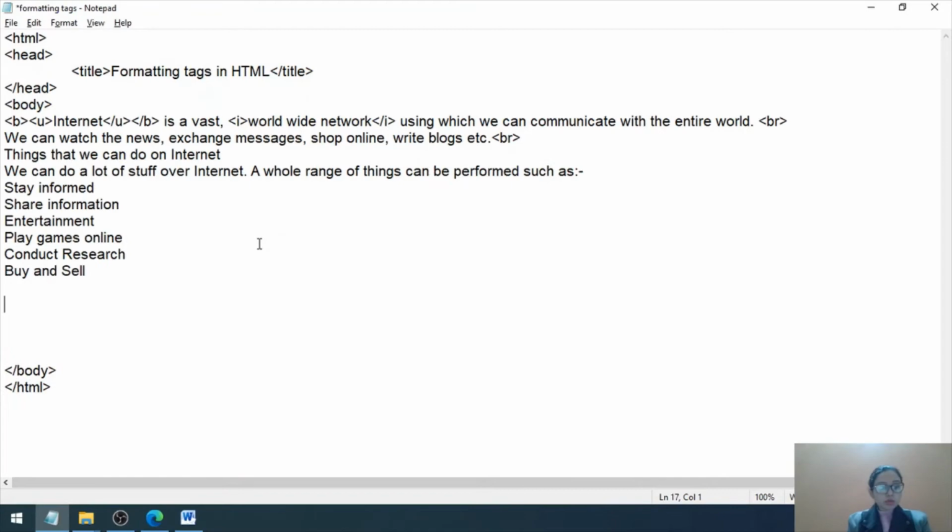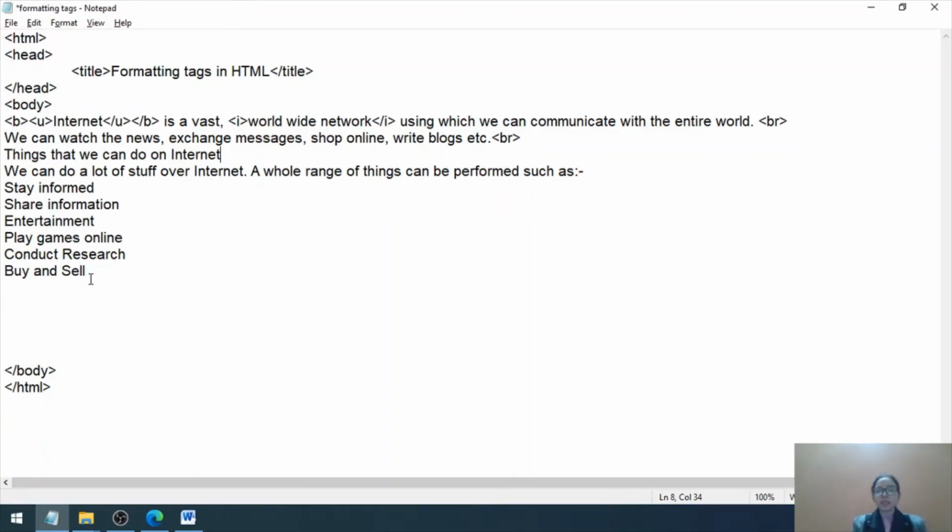Now, see, I have written things that we can do over internet. We can do a lot of stuff over internet. A whole range of things can be performed, such as stay informed, share information, entertainment, play games online, conduct research,